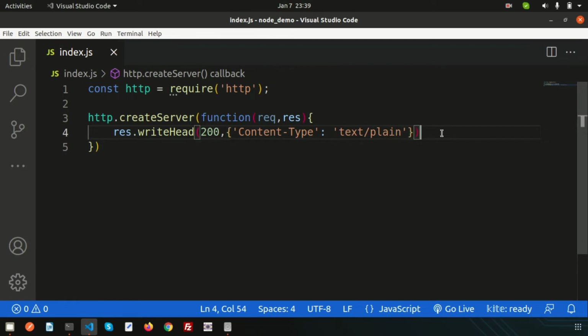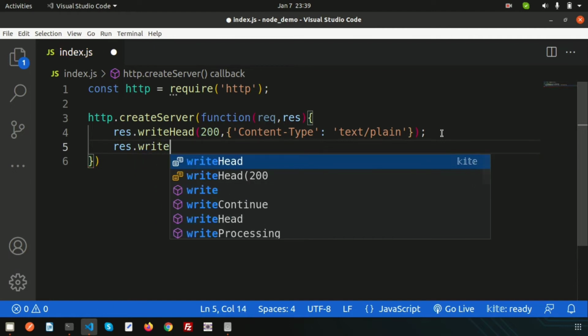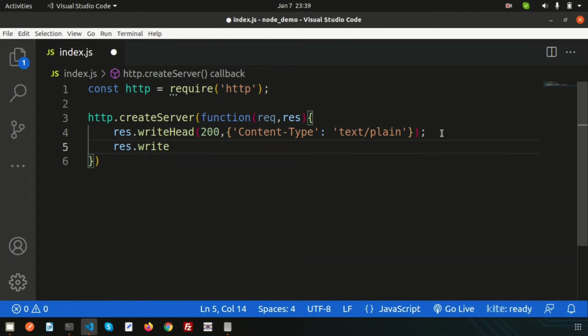And now I want to print something. To print we simply use res.write. Using the write method we can write something, so we can display some output. For now I am just going to print hello developers,